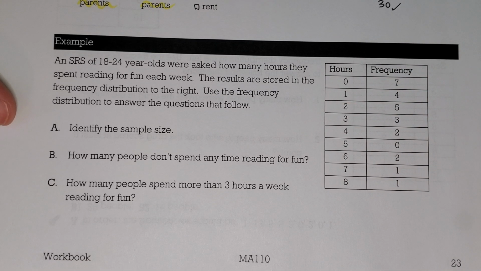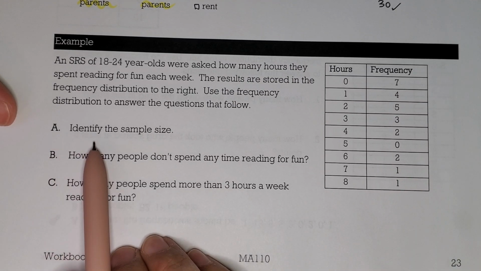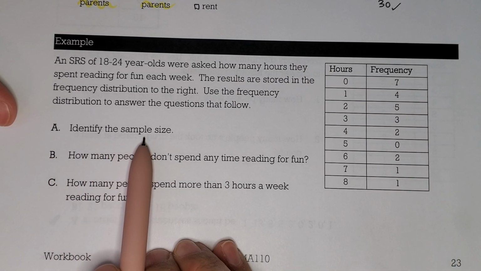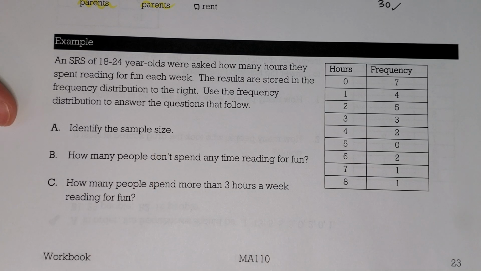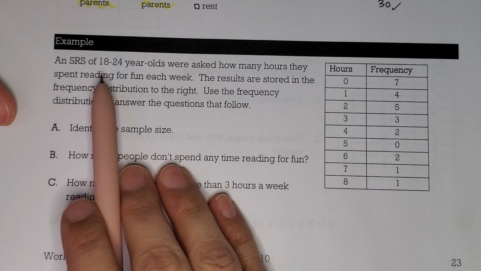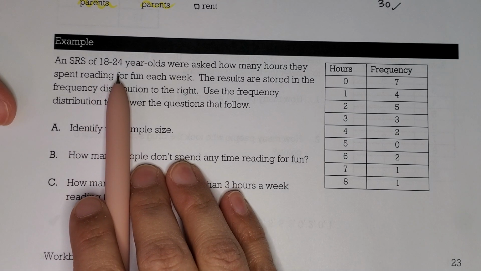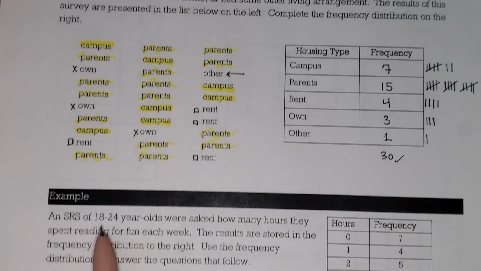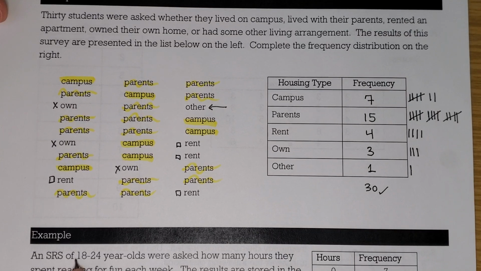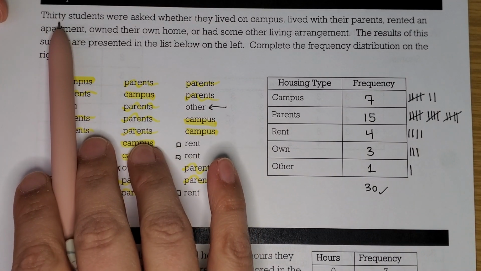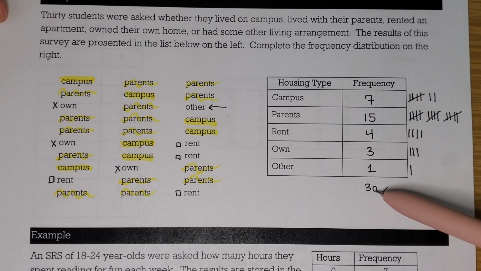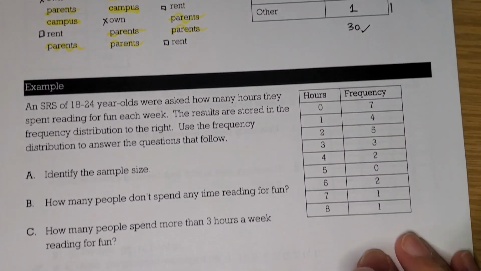So we're going to answer these questions. So part A says identify the sample size. The sample size is how many students were surveyed. And they didn't tell us. They just told us that they were between the ages of 18 and 24. In this last example, they told us they looked at 30 students, and we used that as a check to make sure we didn't under or over count. So what we used as a check here is what we're going to use as our way of finding the